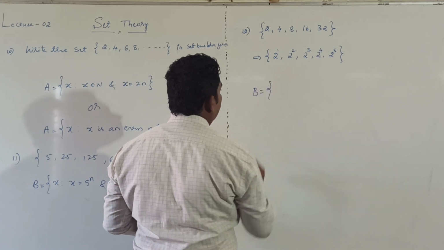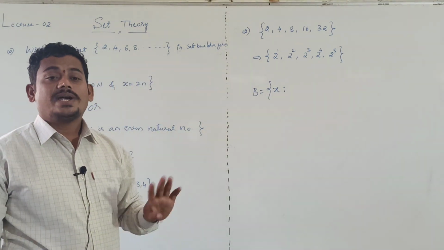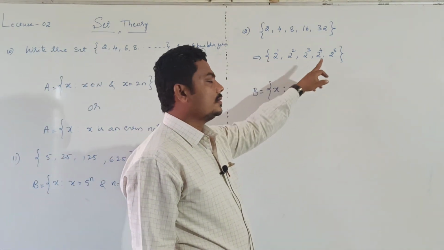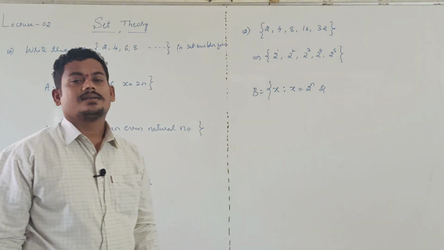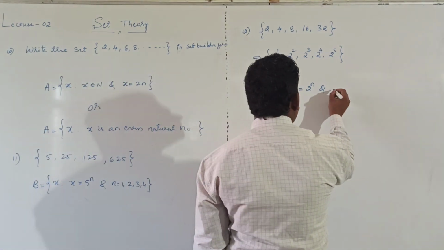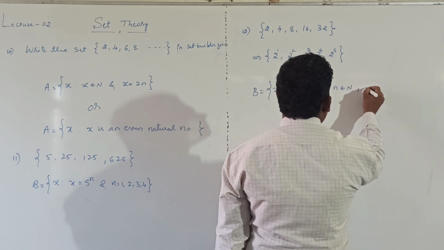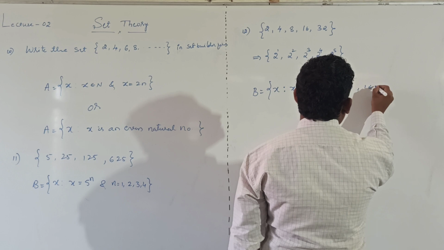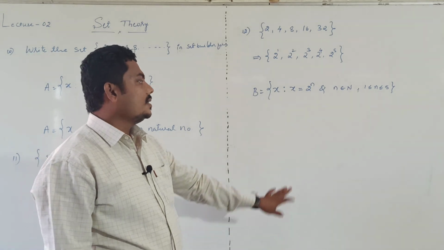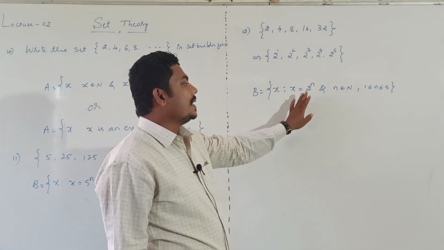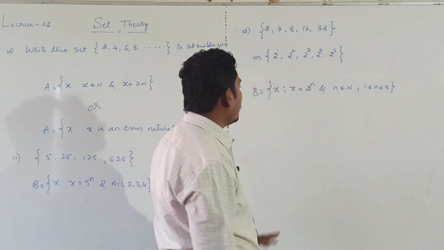The given set in set builder form: X such that. Give a definition for x. What is x? X equal to clearly 2 power n. And what is n? A natural number. N belongs to natural numbers, comma, it lies between 1 to 5. Write all the conditions. The power should be a natural number and it is a power of 2, or else in other words